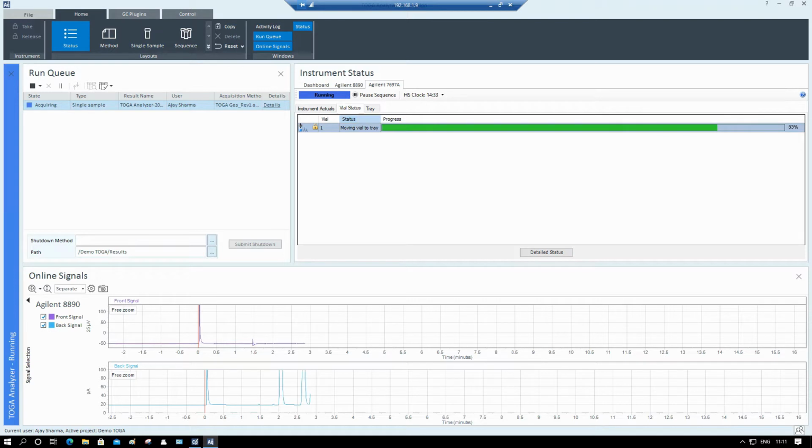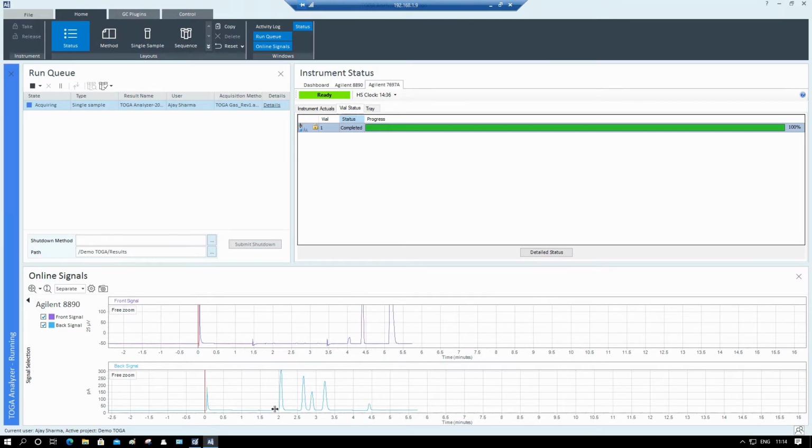Here you are. So we can see all the peaks have started coming from FID. By 4 minutes is the hydrogen which is coming out from the TCD, and then we'll have oxygen and nitrogen coming back. This is coming from the mol-C plot column.